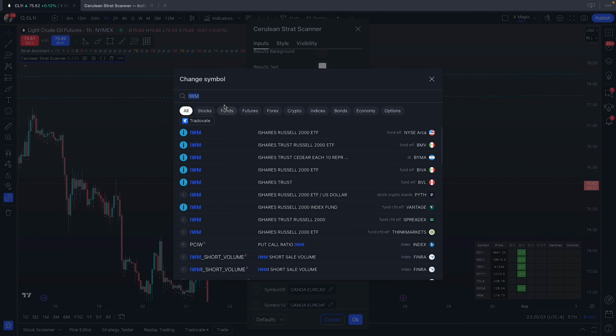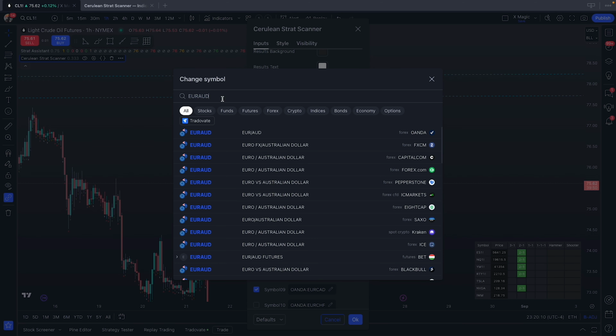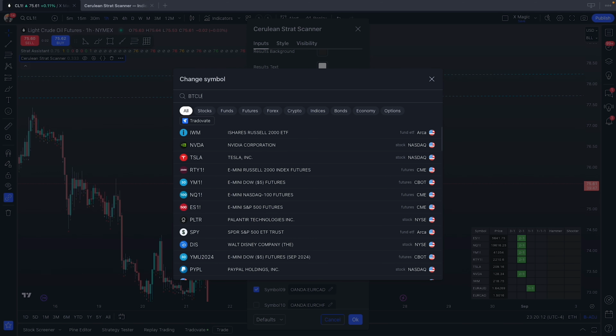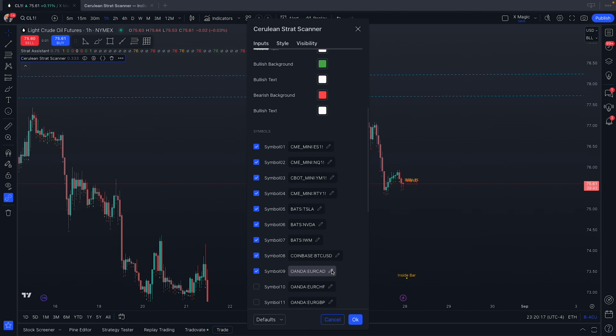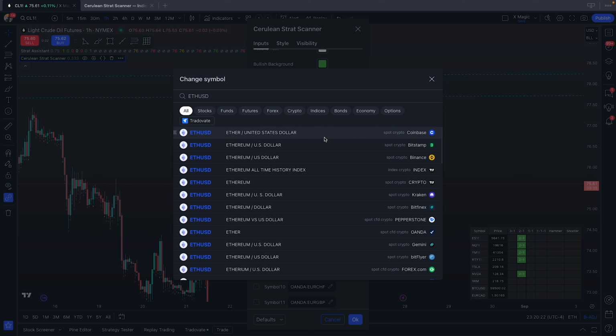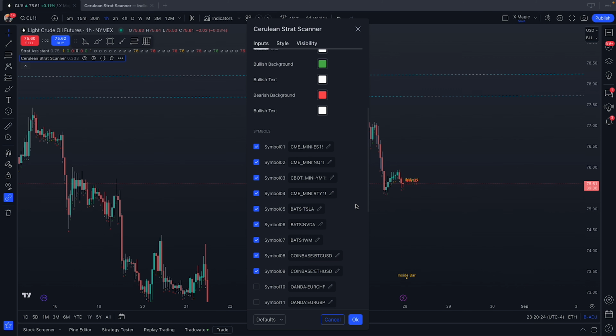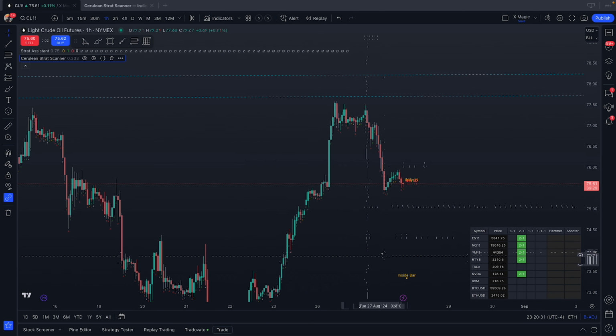So let's say if you want to add Bitcoin, actually let's just add 8 and 9. Let's say I want to see Bitcoin here. Hit up Coinbase or whichever platform you're using. Let's do Ethereum USD from Coinbase as well. And let's save this as default. And then okay. And now we have Bitcoin and Ether added to the chart,